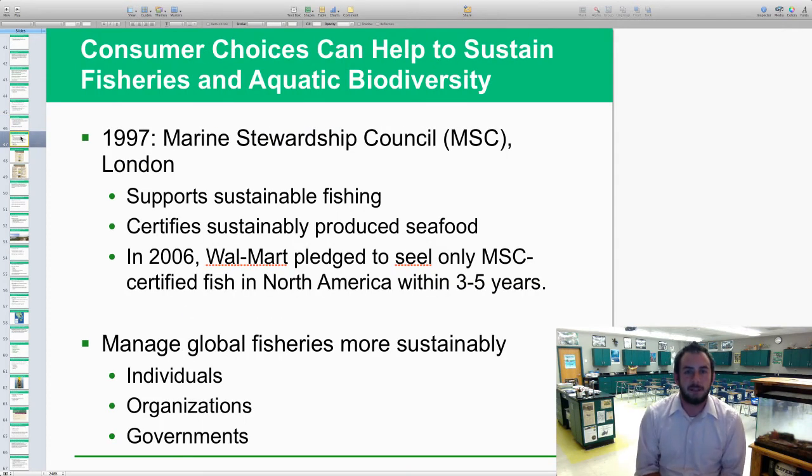Consumer choices can also help sustain fisheries and aquatic biodiversity. You as the consumer can literally choose where you buy your fish from. And it's done because in 1997, the Marine Stewardship Council, the MSC, which is based out of London, basically says we're gonna put our seal of approval on companies that are doing sustainable fishing, and they literally certify on the